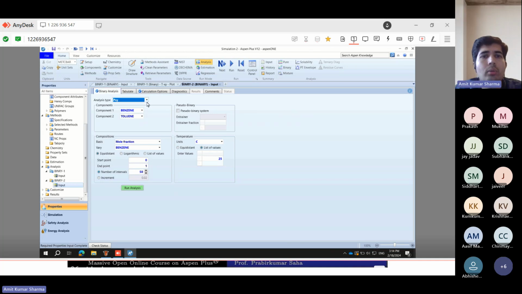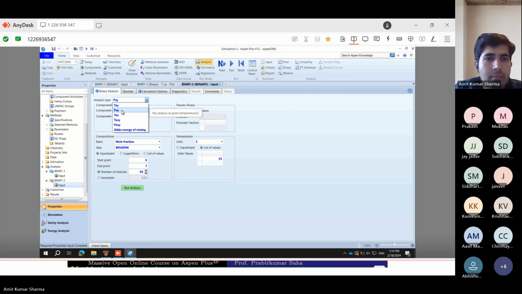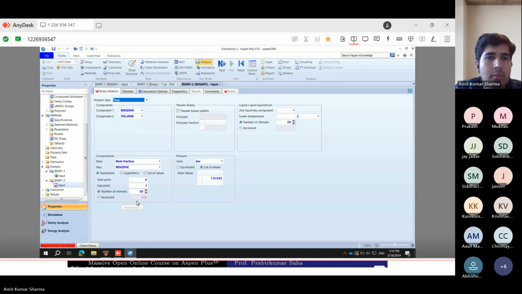If I change it to temperature and XY as earlier, and suppose now we use this one.